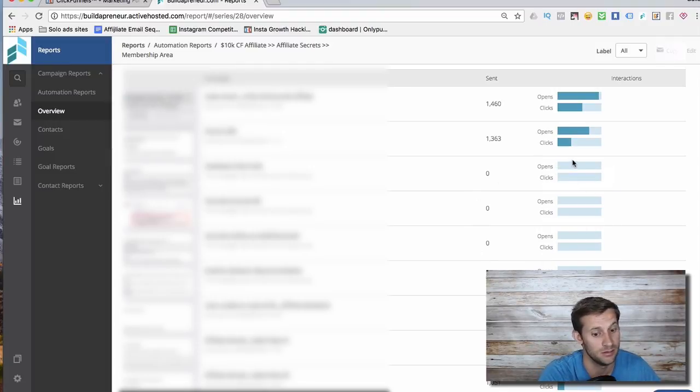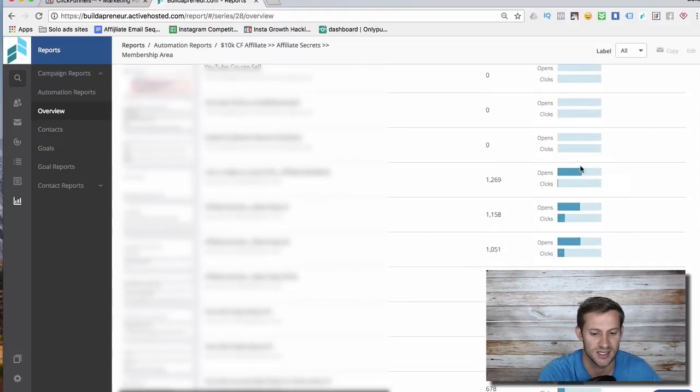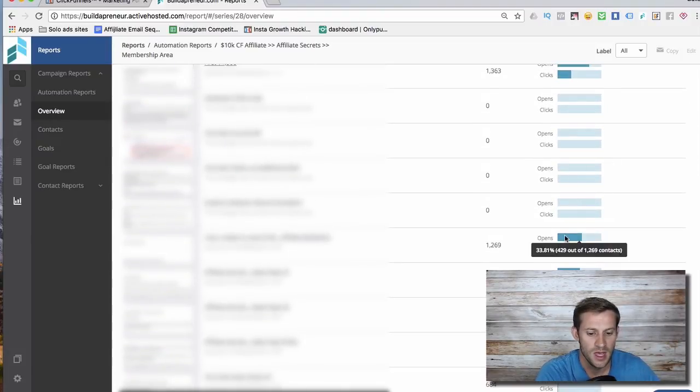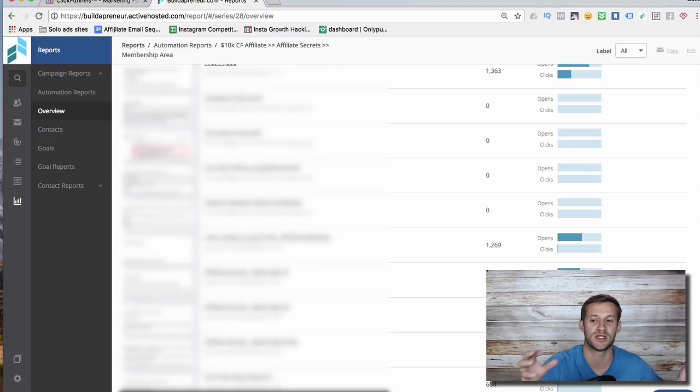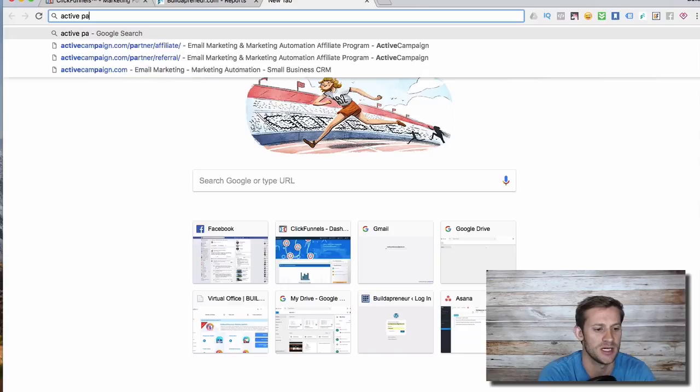Now these ones, ooh, this looks bad, but these emails actually don't send out, so don't feel bad. They're set to not send, and you can see that's why they're blurred out. But this one, 33%, 31%. The average open rate is 20%. So ActiveCampaign exceeds the average open rate. It has good deliverability. It's got a really good reputation as an email sender, largely because it doesn't let spammy emailers use it, which hopefully is none of us, right? So that's ActiveCampaign. We're going to do a quick peek at pricing.